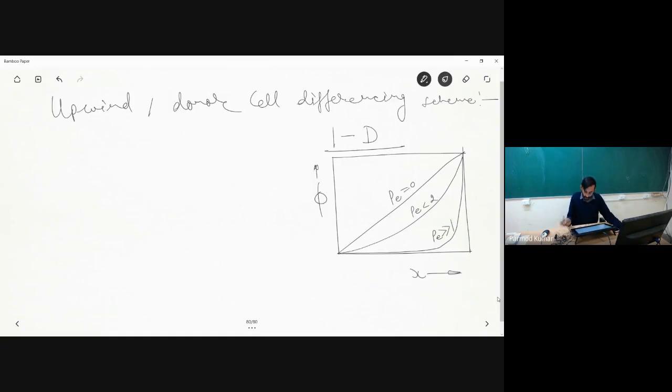Also, while I explained the transportive property, I told you that some information originates from node W, say this is my node P and some node E, and the flow is taking place from left to right. Whatever information originates because of the convective effect, instead of propagating in the form of concentric circles, will now propagate in an elliptic fashion. From the E point also, information will propagate something like this.